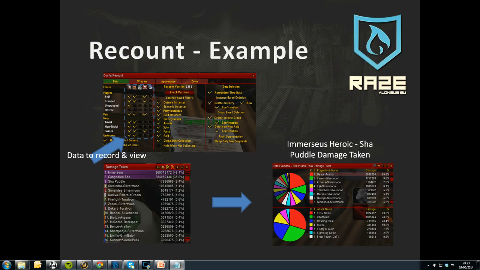Sha of Pride is a really good example for how good that add-on is, because when people are in prisons, say you're working with all 4 prisons and someone's not standing on their marker, it has a big red line showing which ones aren't being stood on and which ones you've got to get to. So if you want to help out and yours is already covered, you could blink over and jump on someone else's, and it tells you exactly which ones aren't getting covered. Because sometimes you can't see straight away, like the boss might be obscuring your vision, so you have to turn your screen around. Yeah, and those that are playing with a bit less graphics, which most people do these days for raid,